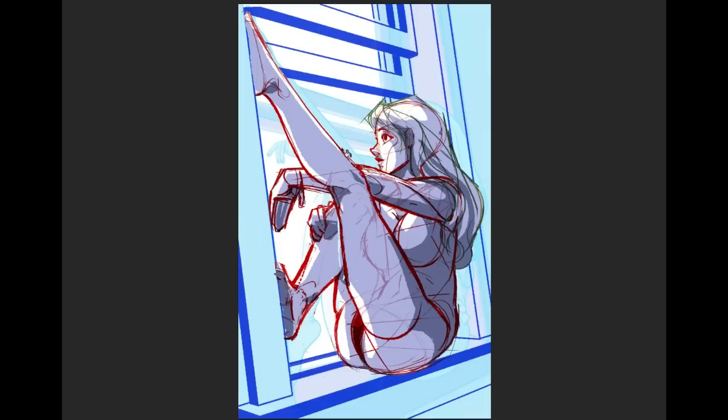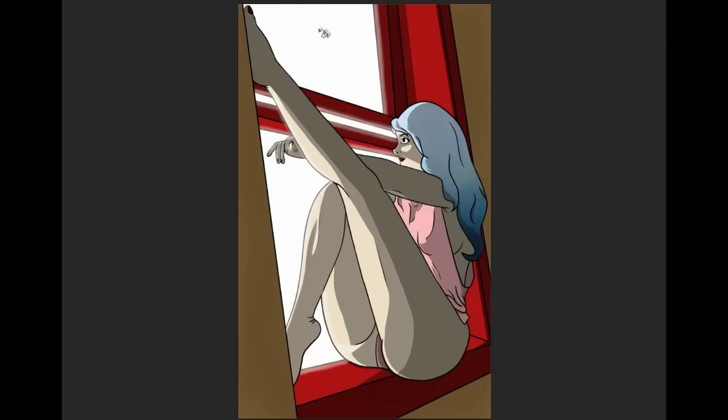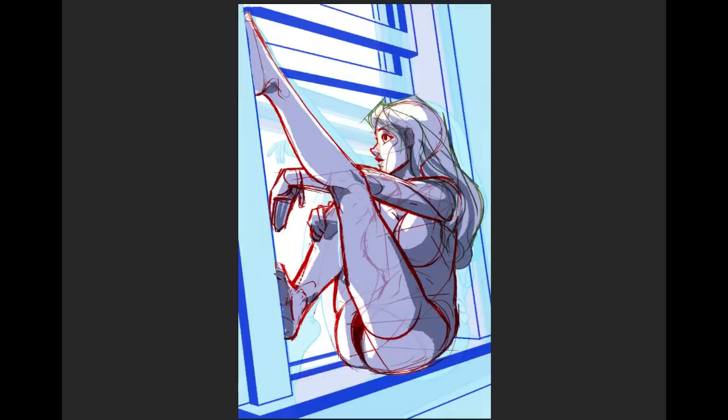But so I would also recommend staying away from white as a light source because it sort of forces your hand into a grayscale for your shading. So, you know, if this was like,